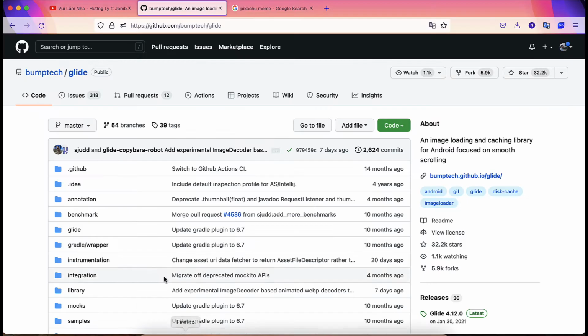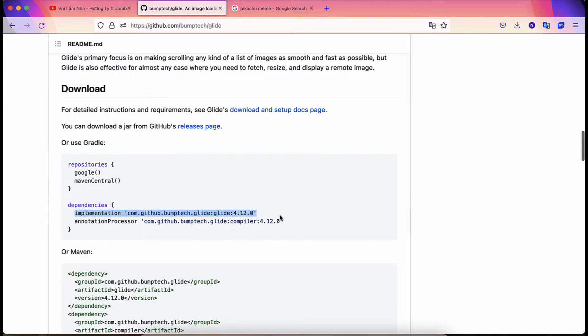To use Glide in our project, we add the following dependency to build Gradle.